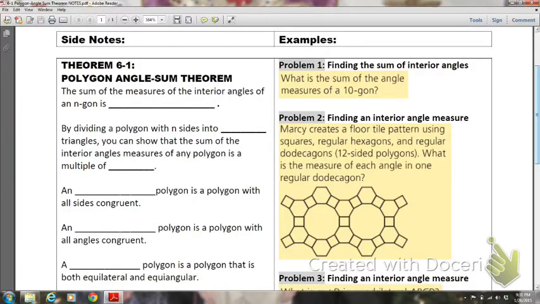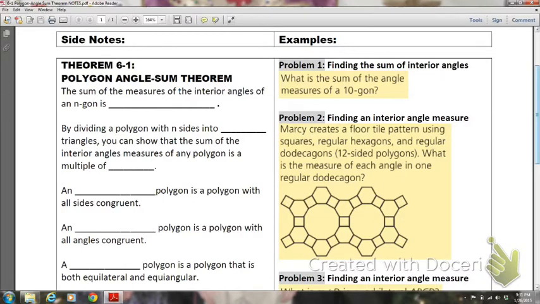In this lesson, you'll learn about the polygon angle sum theorems. The objective is to find the sum of the measures of the interior angles and the exterior angles of a polygon. The first theorem is the polygon angle sum theorem, which says the sum of the measures of the interior